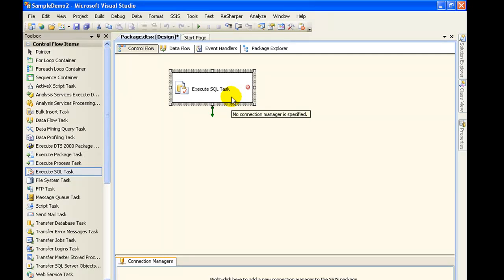Now, in what situations would you use execute SQL task? You could actually plug this small component anywhere. For instance, say you are transforming some amount of data from source to destination. In the middle you would like to clean up the database or something, you could actually plug the small task in. So let us just look at this configuration.